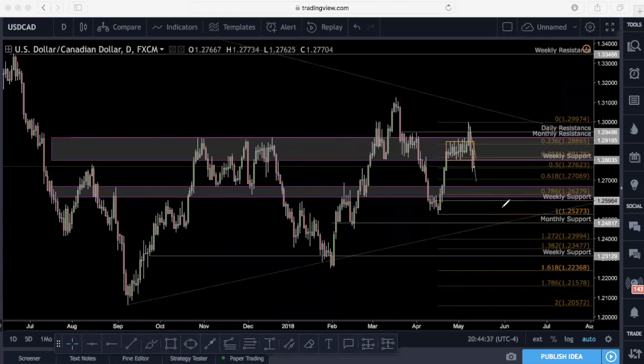So as we were saying on the webinar back on Monday, we were stating that if USD CAD failed to break out of its continuation pattern that was being formed on the 1 hour time frame after breaking out of the consolidation box found on the 4 hour, that could be the first sign of the bullish reversal, which would warrant the continuation of the initial impulse that started back in March, right? And that was something that we were stating for the past 2 weeks, right?